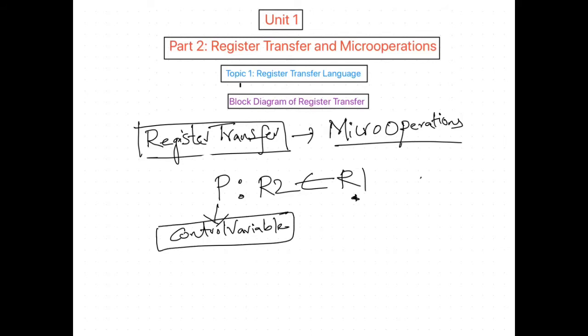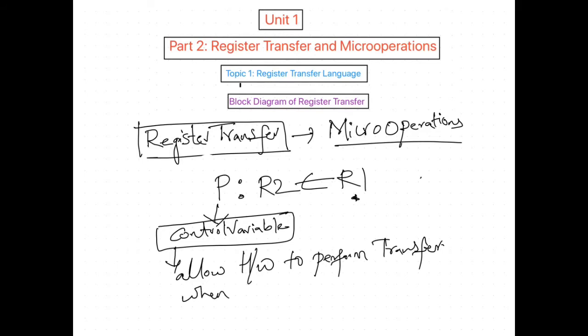The functionality of this control variable is that it will allow the hardware to perform the transfer operation when the control variable P is equal to 1.